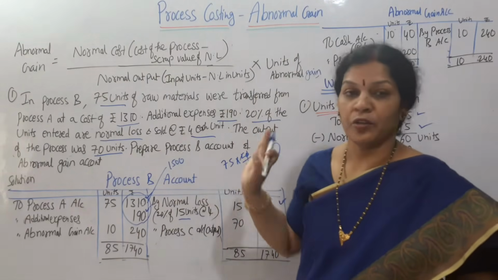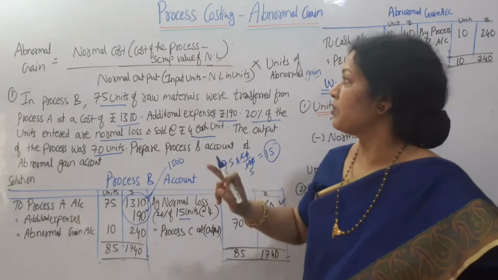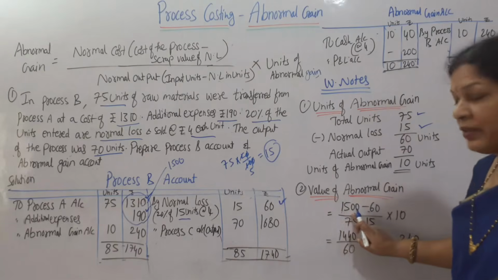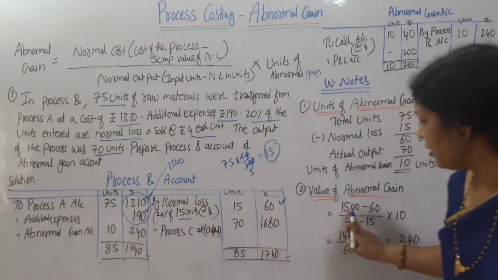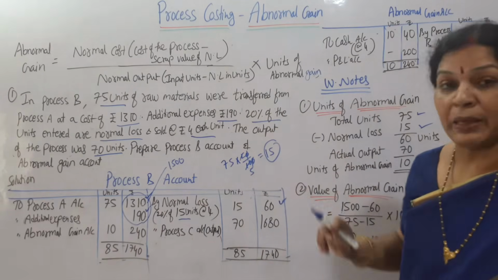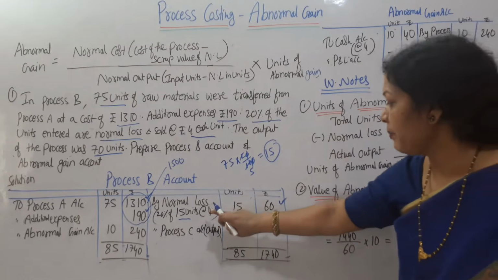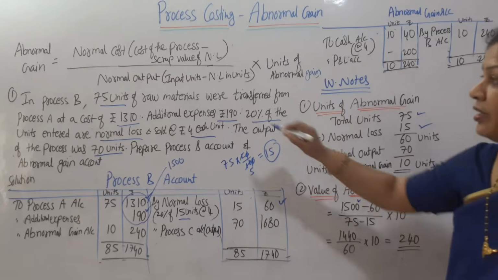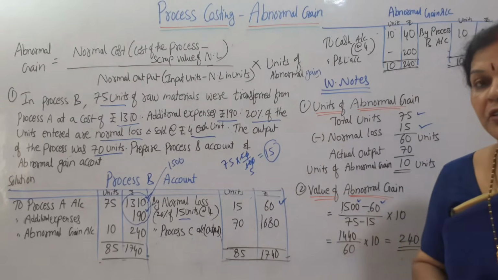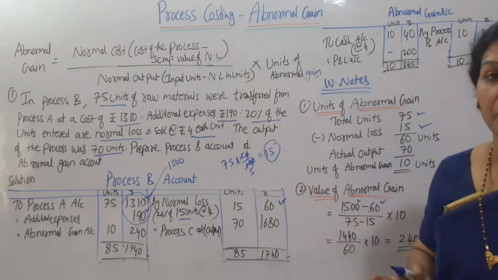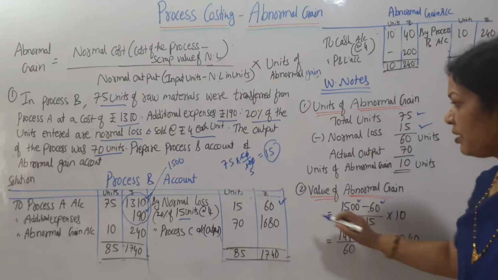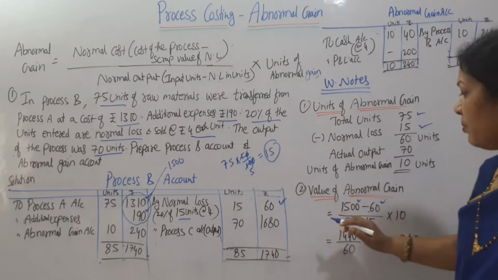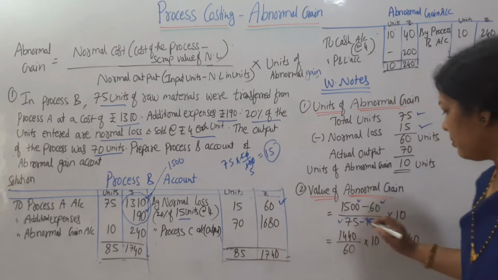1500 is the normal cost. So cost of the process minus scrap value of the normal loss. So 1500 we have taken, minus scrap value of normal loss. Scrap value is here 60. So 1500 minus 60, divided by normal output. How do you get normal output? Total input minus normal loss units. Total inputs are 75, you know that, 75 minus normal loss units. Normal loss units are 15,